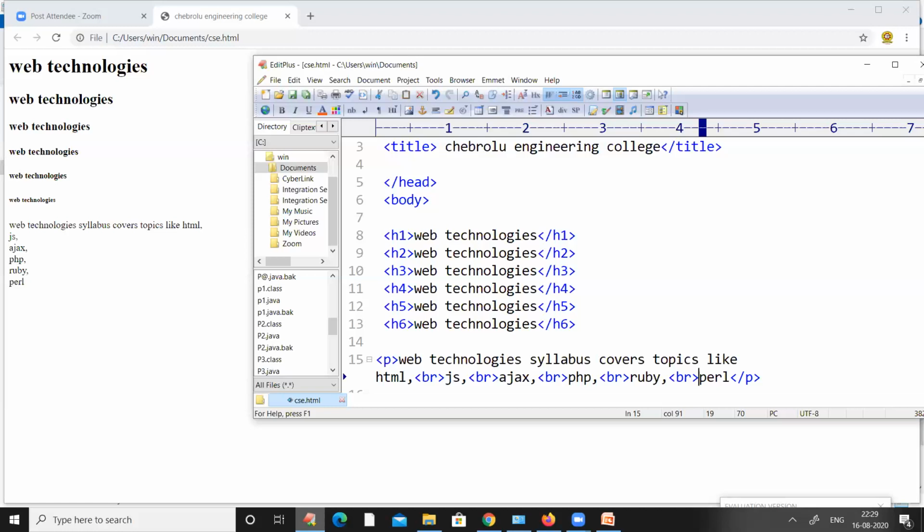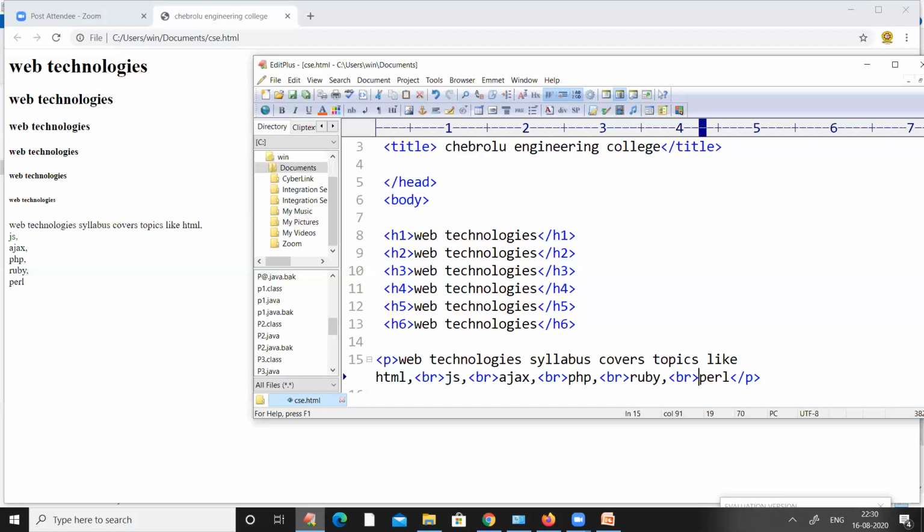Here we have already seen a total of 8 tags: H1, H2, H3, H4, H5, H6, the paragraph tag, P tag, as the 7th tag, and then BR, making 8 tags. Among all these 8 tags, the BR tag is called an empty element, and the remaining 7 tags are called normal elements because they have the start tag, some content, and the end tag.